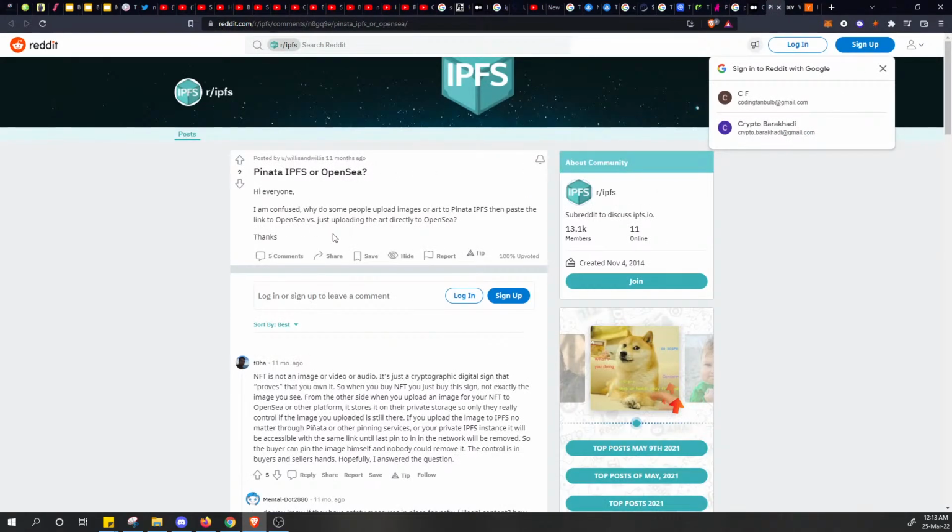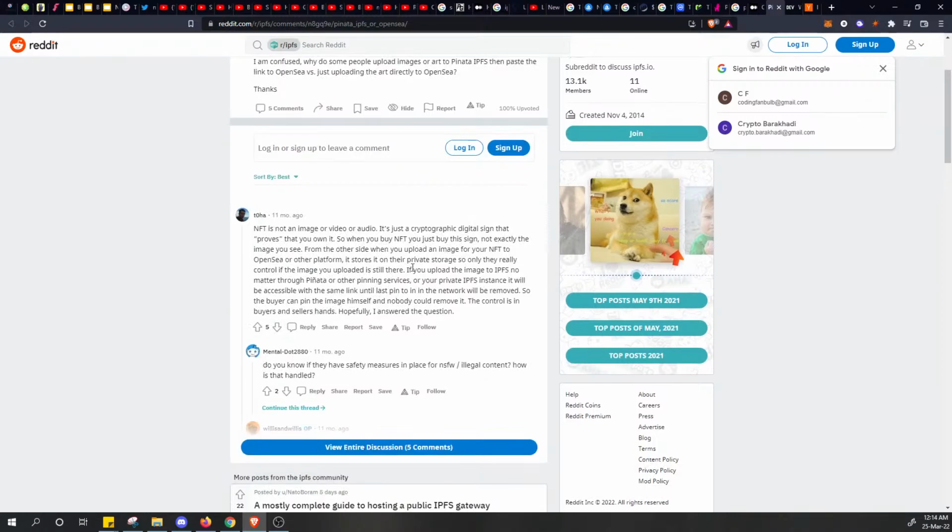Pinata, IPFS or OpenSea. An NFT is not an image, it is just a cryptographic digital signature that proves ownership. So when you buy an NFT, you just buy the signature, not exactly the image. From the other side, when you upload an image for your NFT to OpenSea, it stores it privately, so only they really control whether the image you uploaded is still there. With an image on IPFS, whether through Pinata or other pinning services or your private IPFS instance, it will be accessible with the same link until the last pin in the network is removed. So the owner can pin the image himself and nobody can remove it. Right. So okay, it seems like with Pinata,